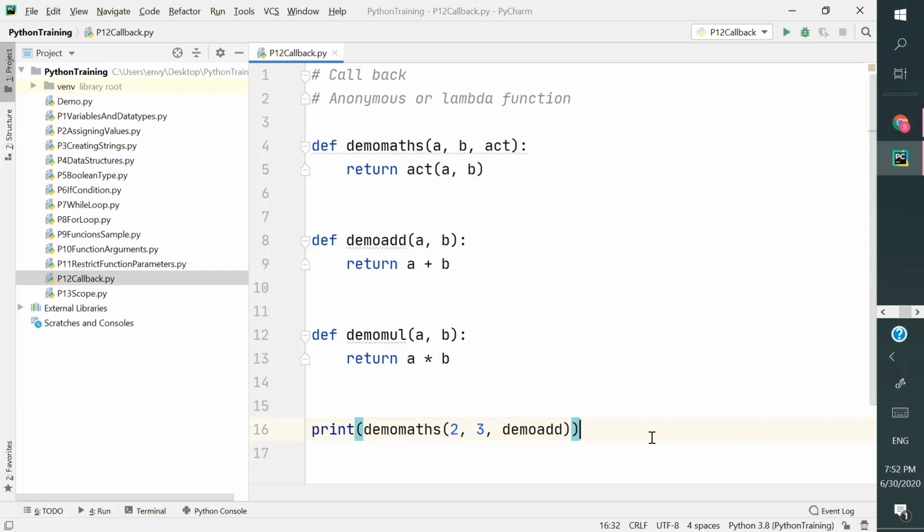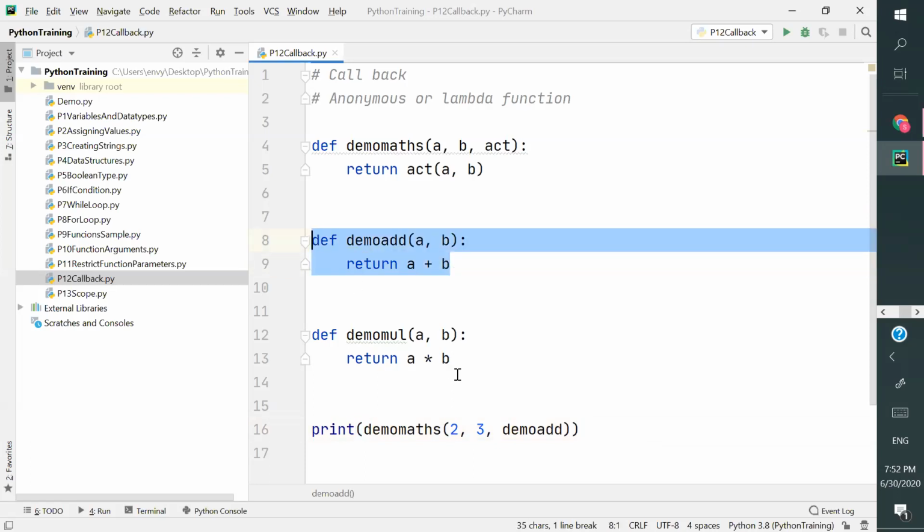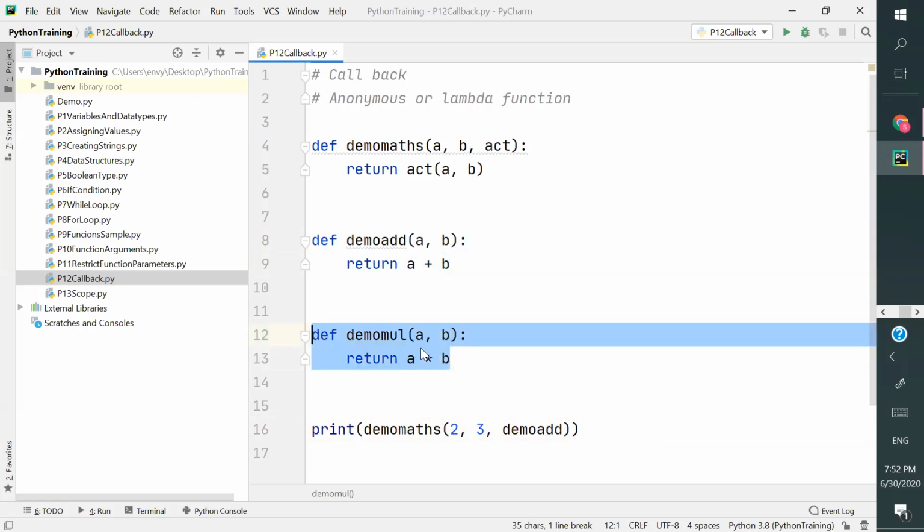And in Python, what you have to remember is that you can store a function in a variable, or you can pass the function as the name of the function itself, as a parameter to another function. That is possible. That is called callback. Because of that, you don't need to call that function inside of another function. You can separate that code, explicitly use that logic, and then send that logic to a function. So here I explicitly stored the addition logic and the multiplication logic, and I'm passing them to another function.